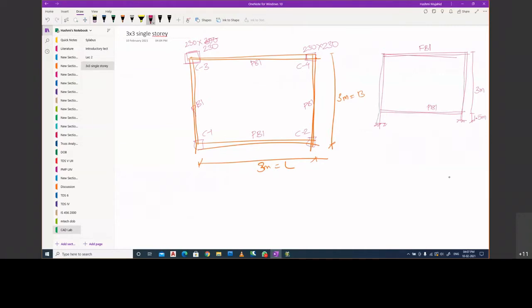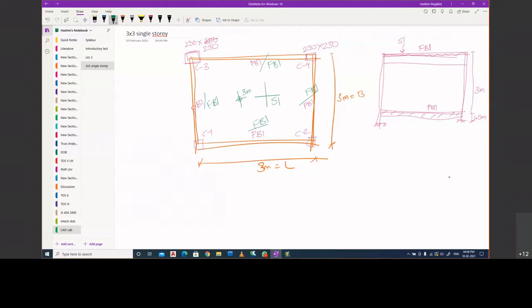Also note, this is your plane beam. Also note that you have a slab here. This is the section of your slab. Let me name it as S1, and by using some other pen, let us use green, I'm drawing the floor beams. So in place of PB1 you will have FB1, and at slab level, at a height of 3 meters from the ground level, you have a slab. Let us say this slab is a 2-way slab and its name is S1.